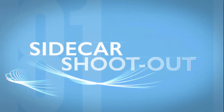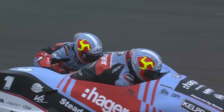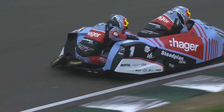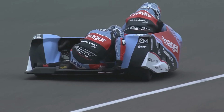The TT, such a big deal to him and to the family, but it didn't quite work out in the end, despite looking fantastic. Yeah, just that last section, you see that inside wheel picking up there, but whether he cost himself a bit of time through there. Now, he wanted to use this because he said this circuit is very TT-like, open, fast, bumpy, so he's using this outfit for practice and also bonding with his new passenger, Kevin, so he'll be slightly disappointed because he's half a second off his best from earlier today, which is a